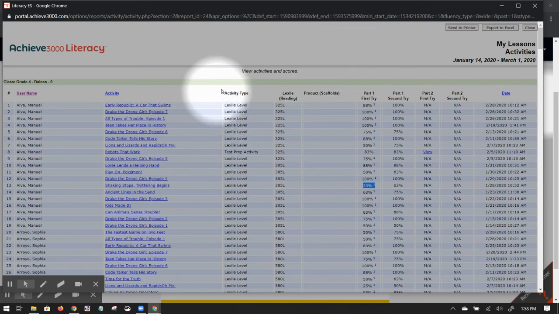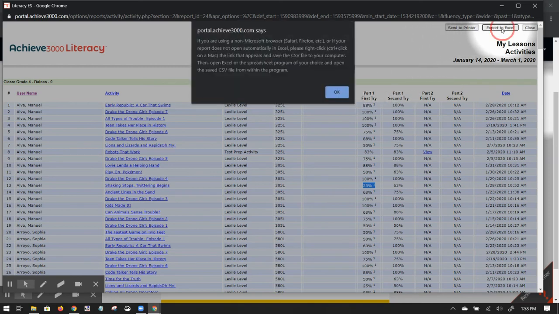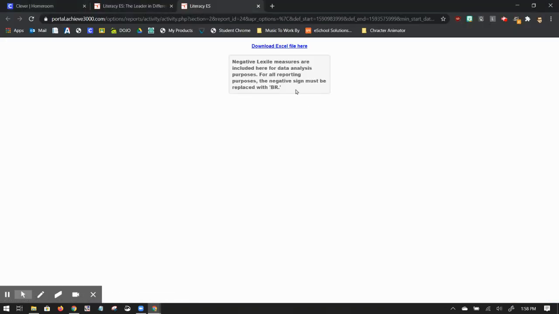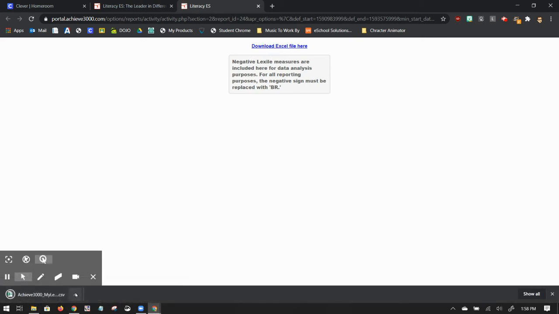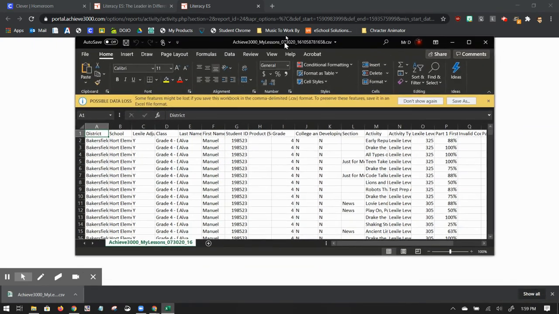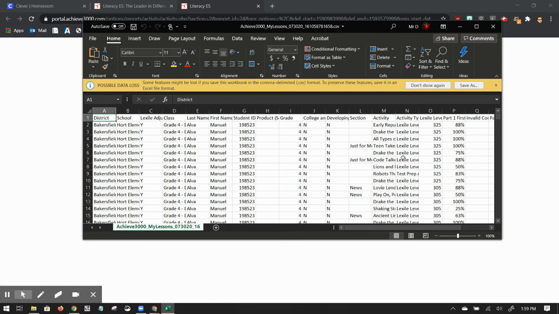And sometimes this screen is not all that useful to look at. There is the ability up here in the top right hand corner to export to Excel. If I were to click on that, it's going to take this screen and I click on download Excel file, and that will give me an Excel file that I can upload to Google Drive if I want and open with Sheets, or if I'm on a computer that has Excel, I can get this information on my Excel sheet. It'll have all that same information, but I can make charts and graphs and other things, but that's time for a different training. So